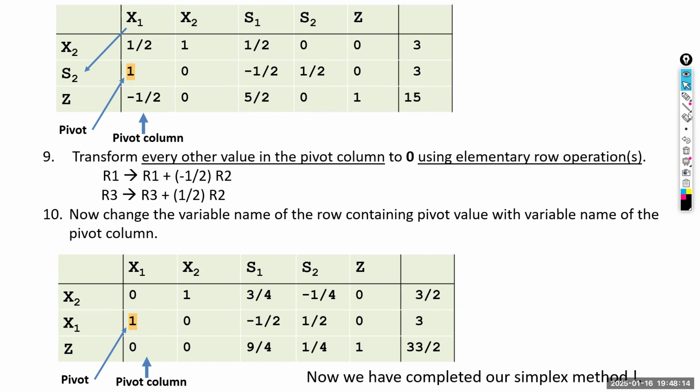Now you need to replace this with this. Anyway, it is not going to change because it is now also x1. But you need to do that. No, this is after doing the change. Yes, earlier it was S2. You replace it with this because this is my pivot column and this is my pivot row. Now this is my final result. Now you have to interpret. So this is your maximum profit,